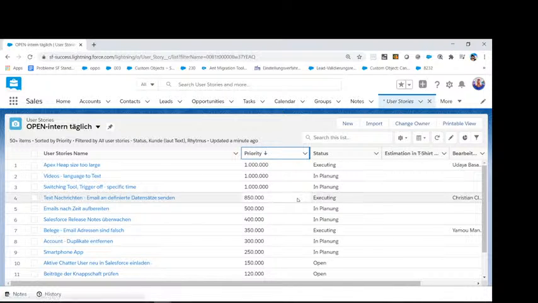It's already been executed, so this is what I will discuss with my worker later on, or I just put it behind trigger of specific time.